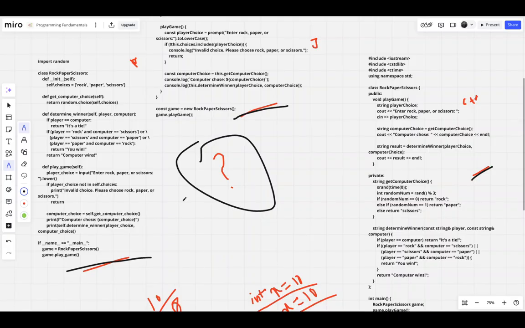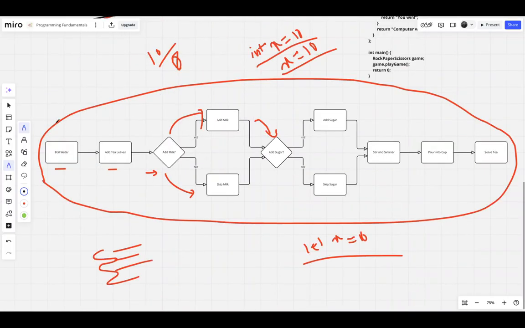Programming is all about telling a computer what to do step by step. Imagine you tell me, make me a cup of tea. I would actually know how to heat water, add tea leaves and so on. But a computer needs every detail. Fill a kettle with water like this. It needs a specific set of instructions to make the tea for you.